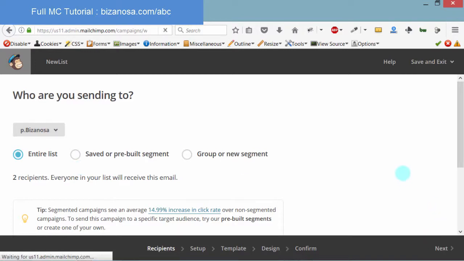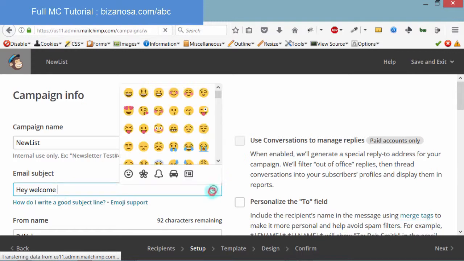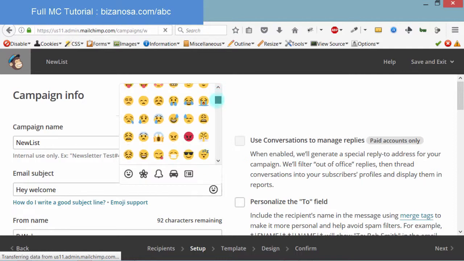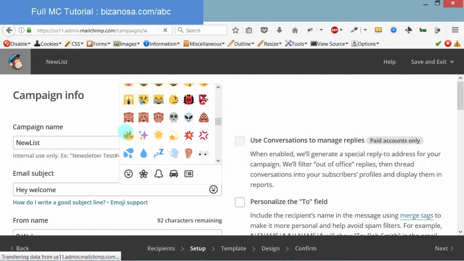Now let's give the list details. This is a campaign name. This is the one that will be on Mailchimp. Then you can give it a subject. Hey, welcome. This is what the users will see, and you can give it any subject that you want depending on the email that you're sending. You can also add smiley faces if you want to add something here. So there,